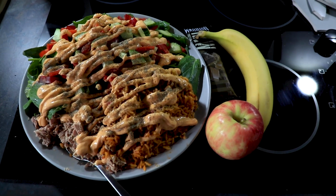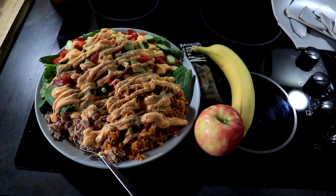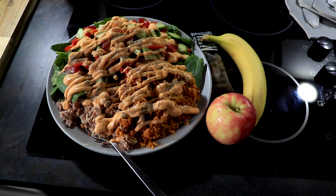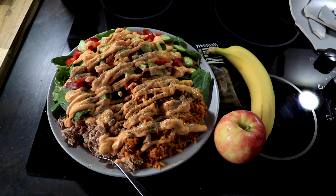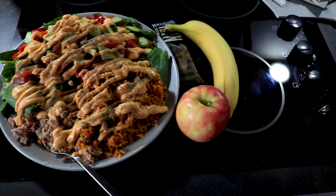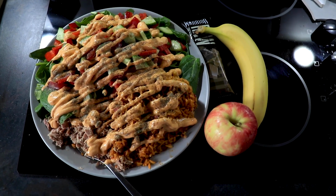Thought I would show you what I eat for lunch. This is it, literally the same thing that I've eaten every day for the past like year, and that's not even a lie. Excuse the broken plate as well, but this is 2 tins of tuna, a sachet of Uncle Ben's spicy Mexican rice, load of spinach, pepper, cucumber, some Nando sauce, salt, pepper, banana, apple, and a protein bar. Most people think it looks absolutely disgusting,